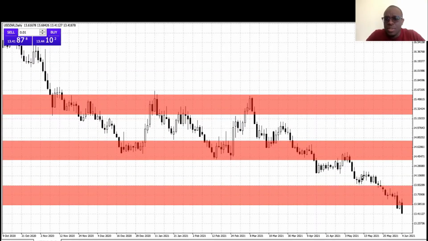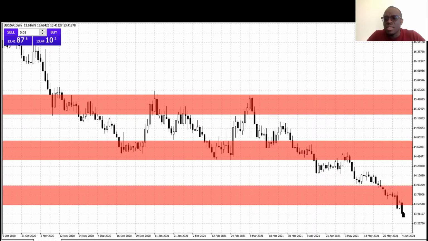On the daily chart, we can notice that the price has been forming a series of lower lows and lower highs, which is indicative of the presence of bearish pressure. And we can also notice that the price managed to break below our targeted area, which was 13.56593. But for clarity here, we'll just call it 13.58518. So given the fact that we have a bearish engulf that formed in the process of breaking below this zone,